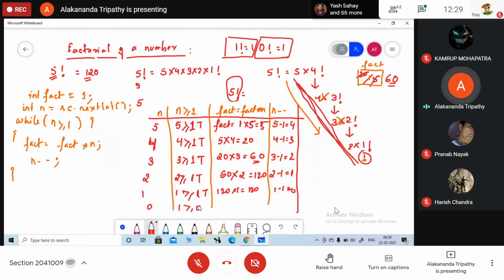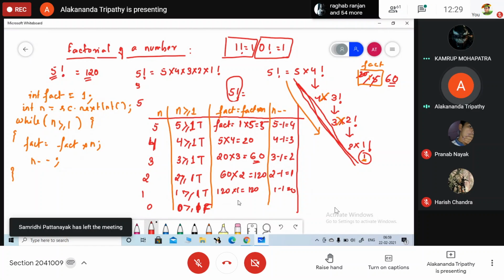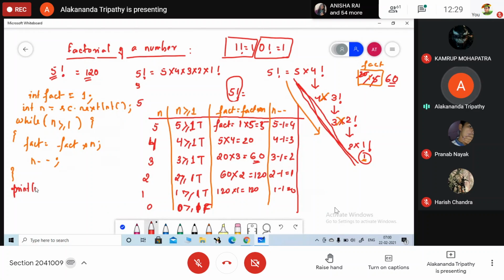1 greater than equals to 0. Condition is? 0 greater than equals to 1. Condition here is false, now it will break. So if it is false, what we are going to print? Print ln fact. Factorial is